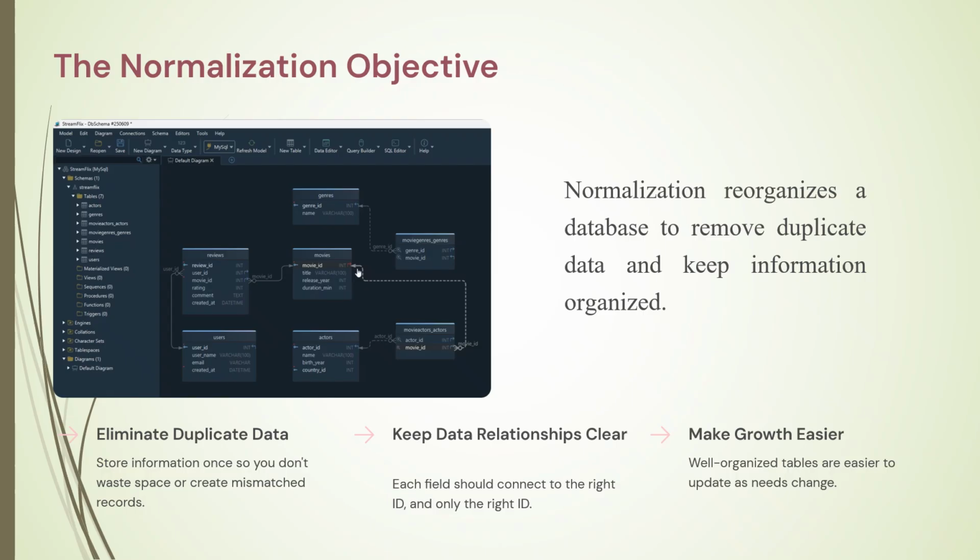Let us see the objective of normalization. Normalization aims to organize the database tables according to well-defined rules. There are three major goals. One is to eliminate duplicate data. That means every piece of information should be stored exactly once. For example, instead of storing customer details in every order,